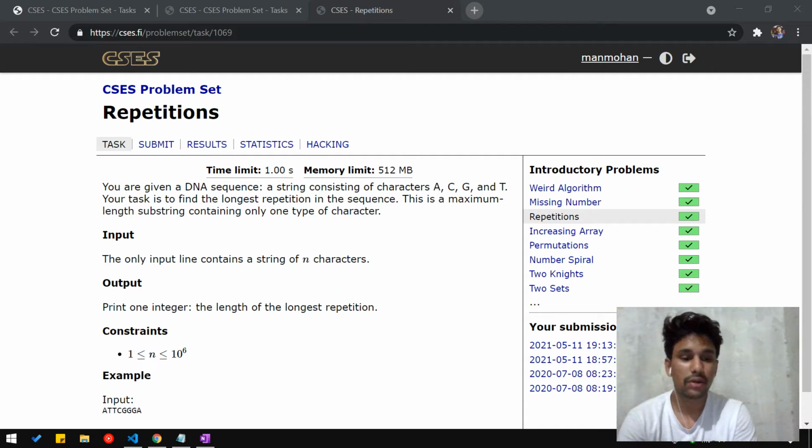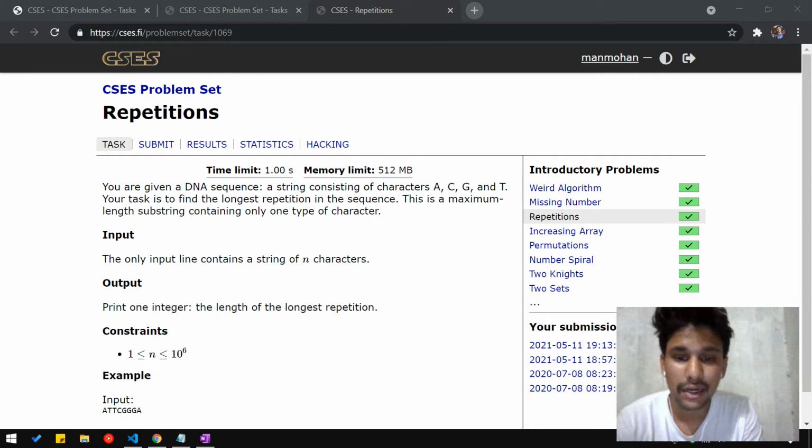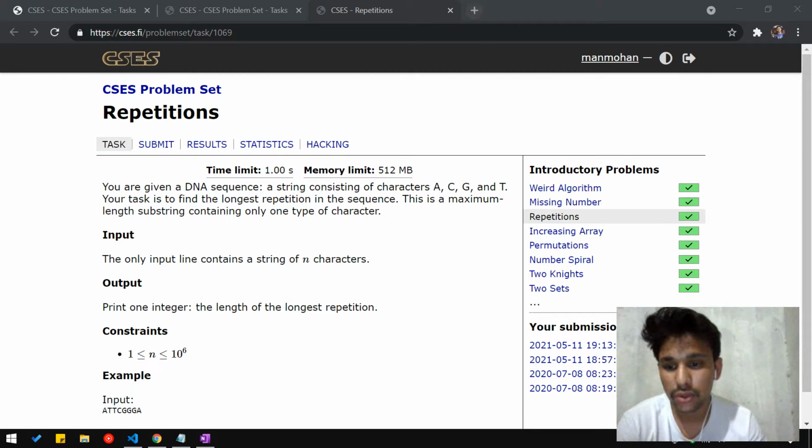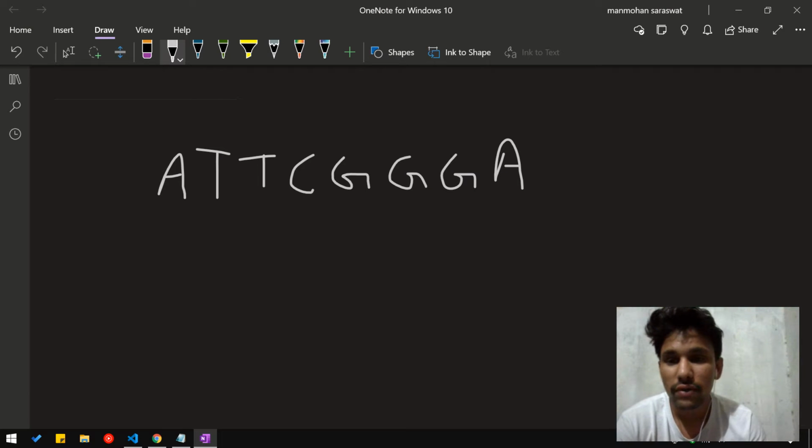Hello guys, so in this problem हमको क्या दिया रखा है कि हमारे पास एक DNA सीक्वेंस है और हमारे पास जो स्ट्रिंग होगी उसमें कैरेक्टर्स होंगे, उसमें चार टाइप के होंगे जैसे A, C, G एंड T। तो हमारा टास्क क्या है कि हमको एक लॉन्गेस्ट रिपीटिशन फाइंड आउट करना है सीक्वेंस में और जो लेंथ होनी चाहिए उसकी मैक्सिमम होनी चाहिए और जो उसकी एक रूल ये है कि उसमें केवल एक ही टाइप का कैरेक्टर होना चाहिए जो लॉन्गेस्ट रिपीटिशन होगा।